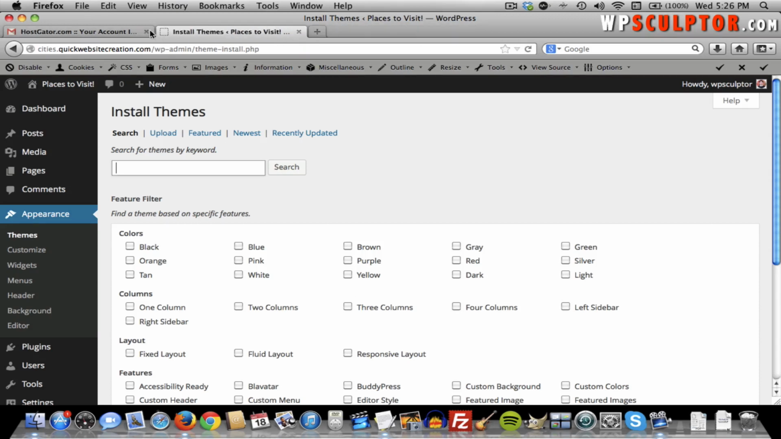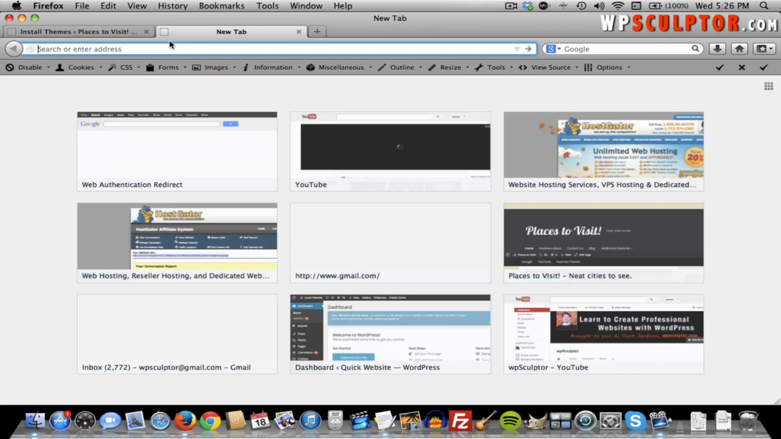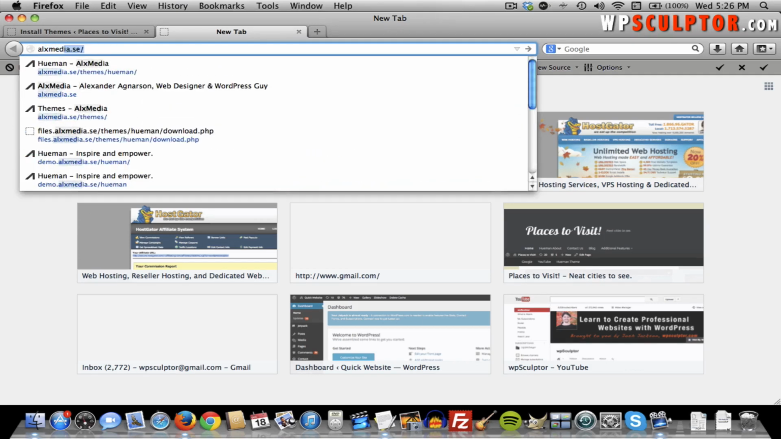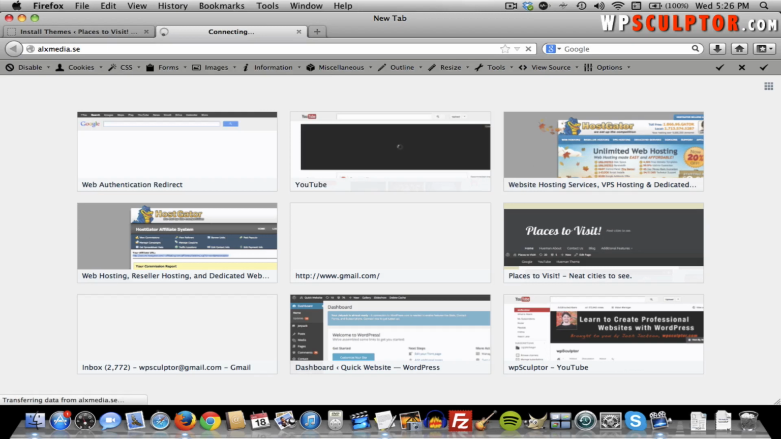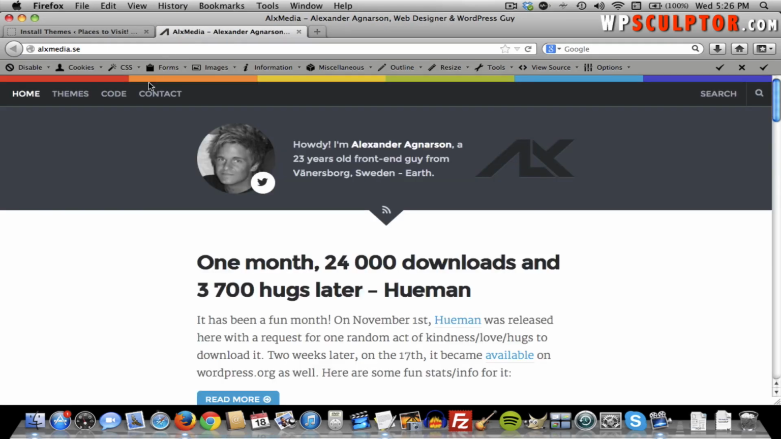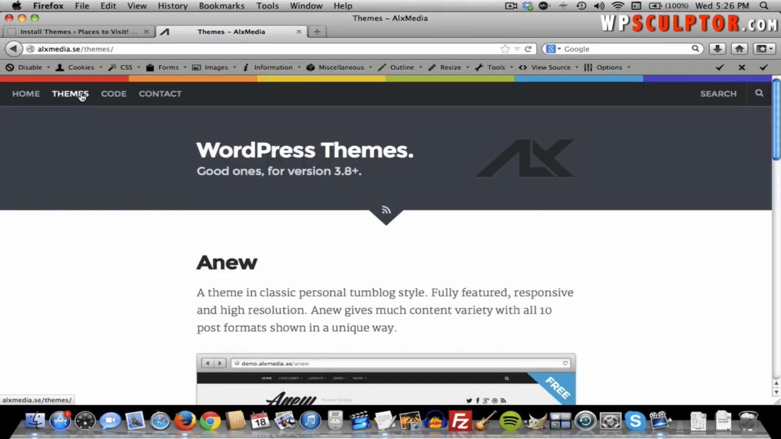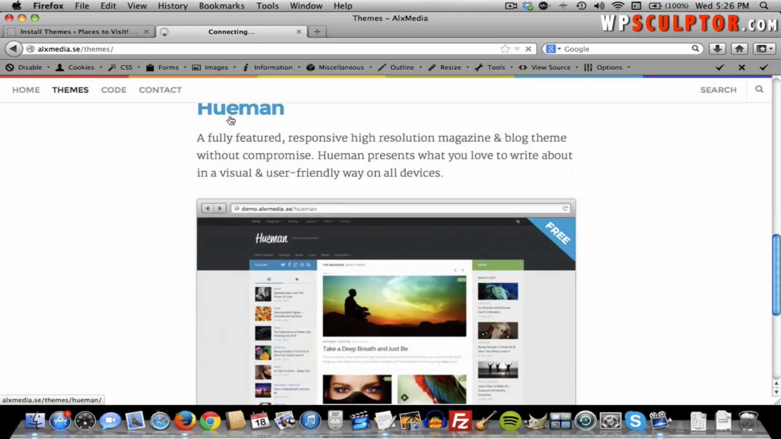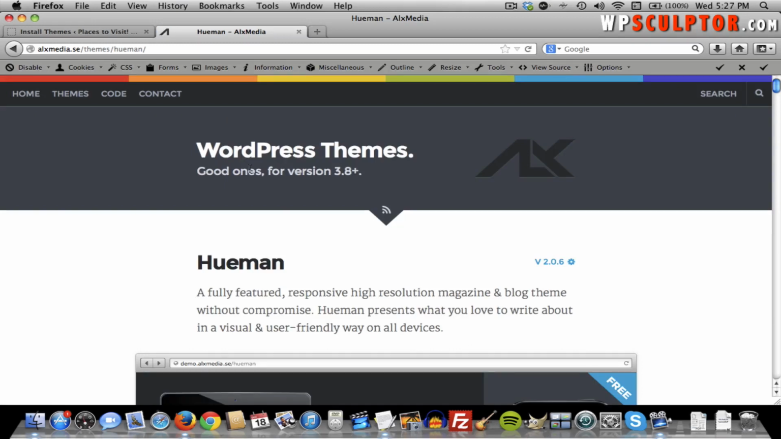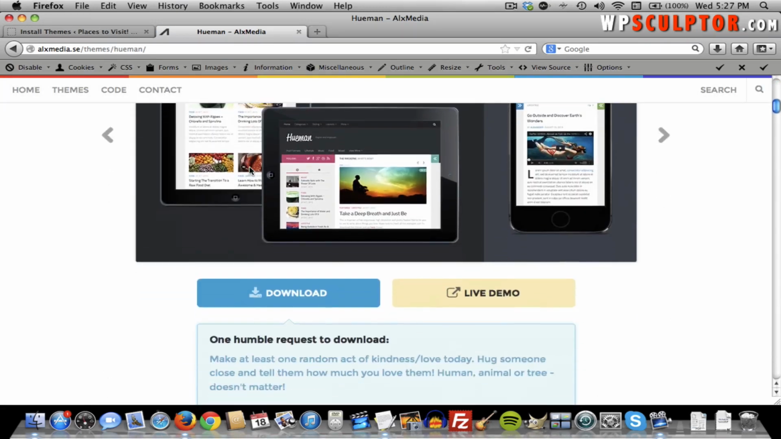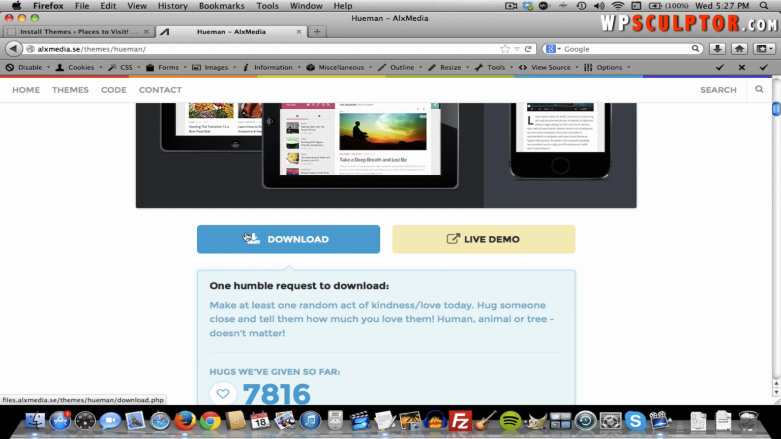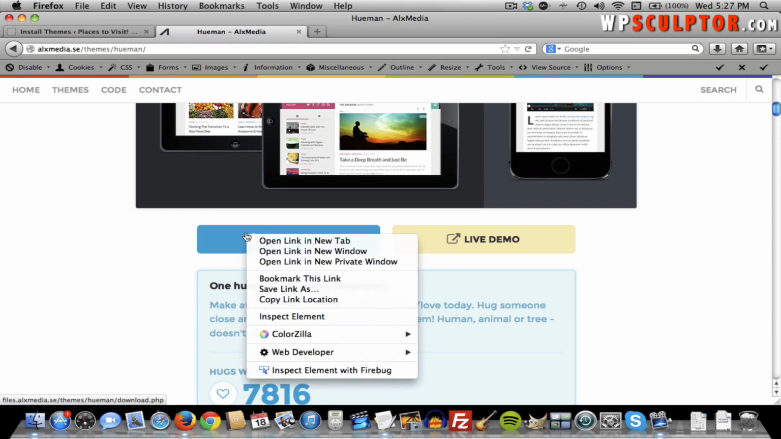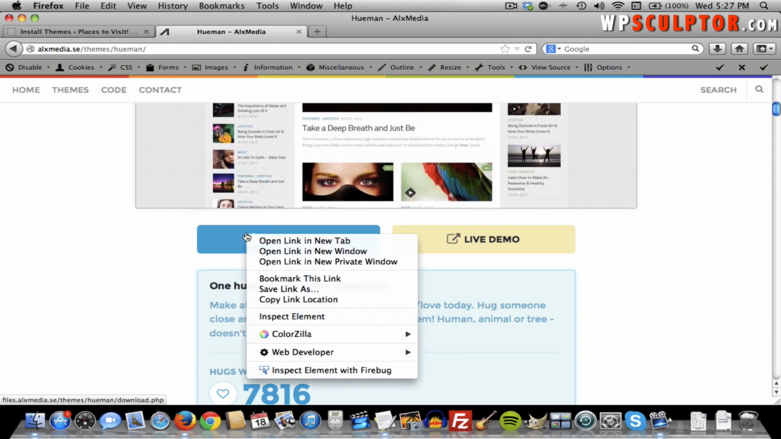I'm going to exit out of these tabs and open a new tab. And that is, his website is alxmedia.se. So just type that in. And then you're going to click on Themes. And then you're going to scroll down and you're going to click on Hueman right here. This is the Hueman theme. Scroll down a bit more, and right here you could click on download, or you could right click or control click if you're using a Mac. That's what I'm doing, and then click on save link as,